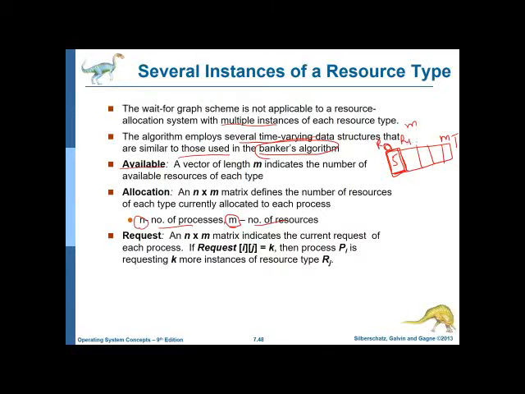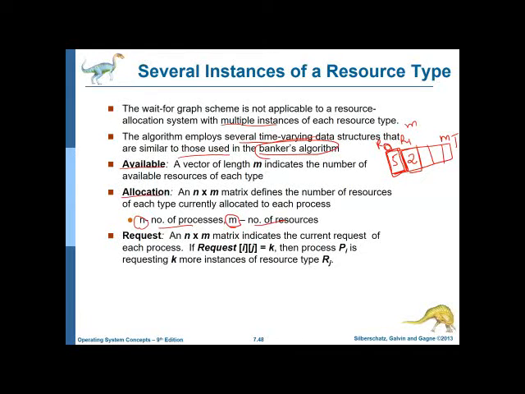If R1 is another kind of resource, then I write the actual instances that are available. There are 2 instances of hard disk and so on. So 0, 1, 2, 3 to m minus 1 indicates the resource number of each type of resource. And whatever value we write inside is the number of instances available after being allocated. What is remaining is the meaning of available.